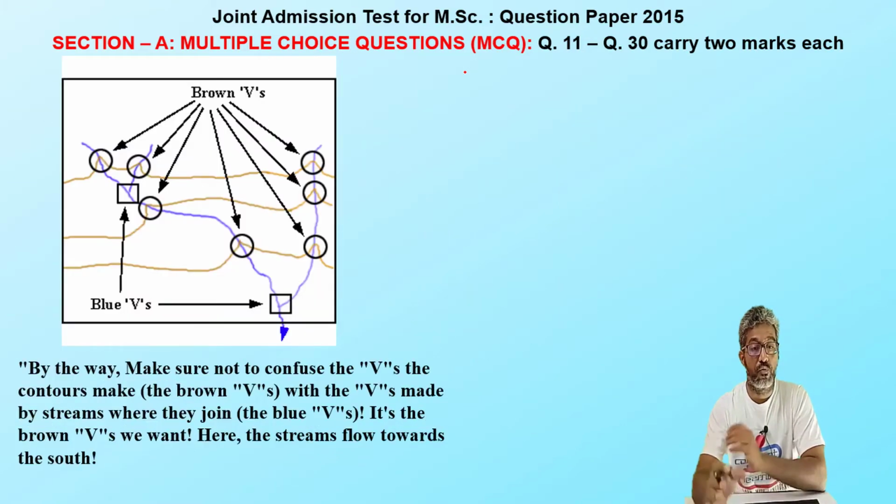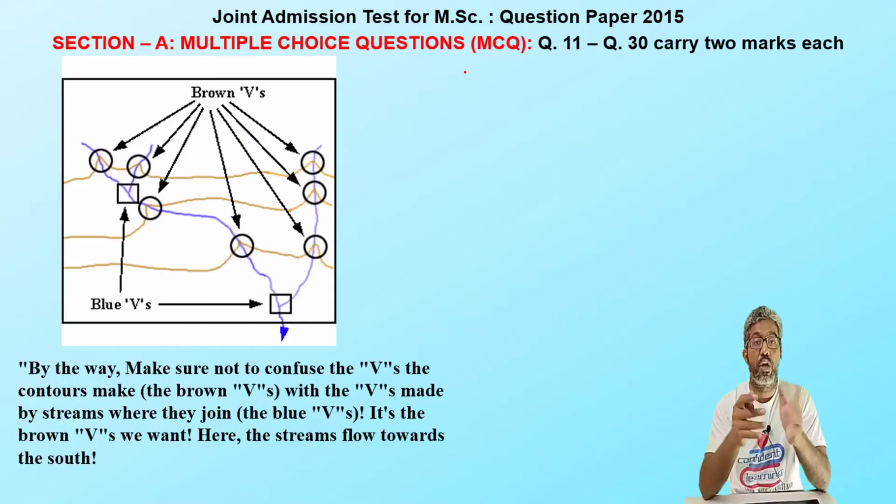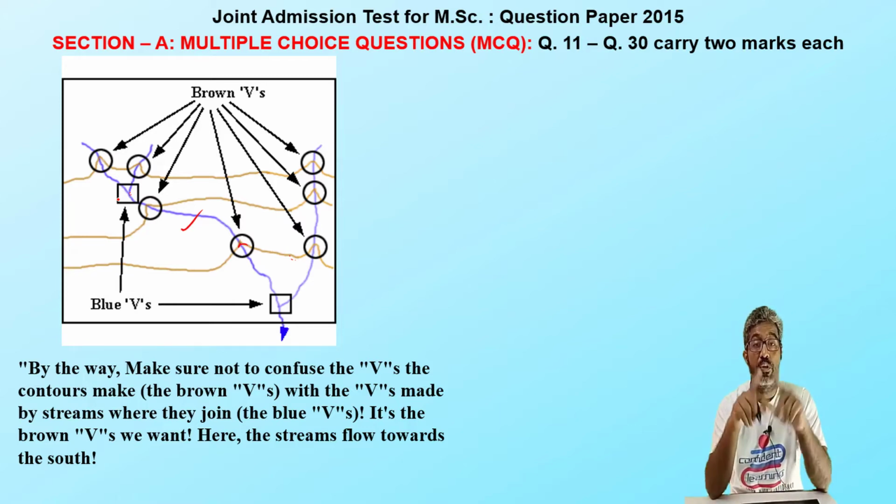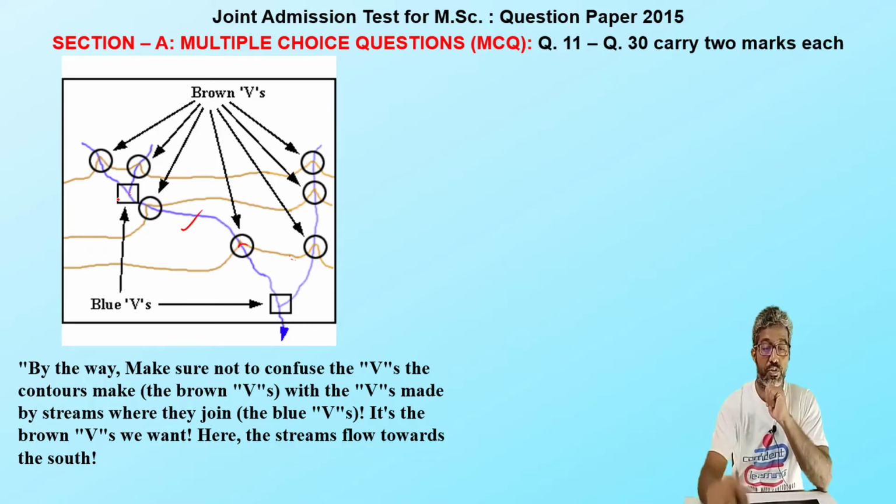Moving to the next question, before that, let me add something here. When we are looking at a topographic map, we have the contour map as well as river beds or river flowing directions. This green one is the river flow direction, and the brown one is known as the contour lines. And here we have a kink, or you can say the V shape point, and similarly we have a V shape for the river also. So don't confuse yourself when you are looking at a topography map. The brown one is related to your contour, whereas the blue one is related to your river stream.